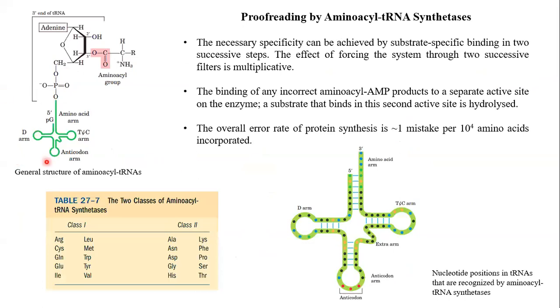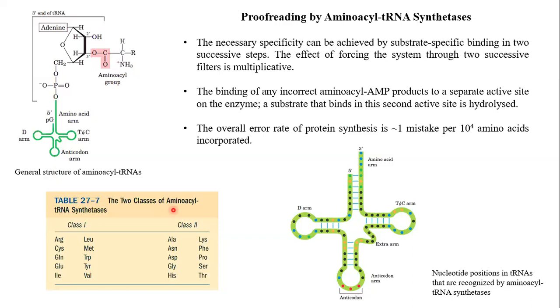Now, this is the general structure of amino acyl transfer RNAs. You have this transfer RNA. This is the amino acid arm with this 3' end. So here they have shown only the last adenine nucleotide of the CCA sequence, and this is the amino acid. Now here is the general structure. So a particular amino acid will get attached only to the particular transfer RNA, because that transfer RNA should carry the anticodon for that amino acid. So transfer RNA is also specific.